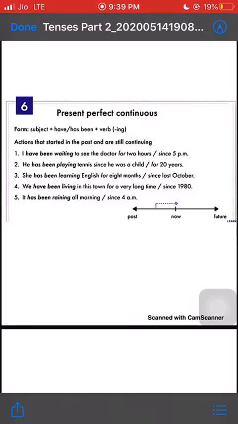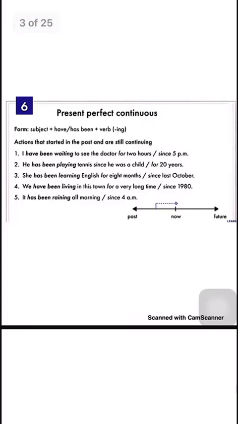So when we have some specific time, हमें एक टाइम पता है मालूम, then we should mention that with since. लगे हमें पता है अक्टूबर से शुरू हुआ था कि she has been learning English for 8 months since last October, कि उसने अक्टूबर में शुरू किया, we are sure about that. But if we are not sure, we are just imagining that around 7-8 months पहले शुरू किया था, then we have to use here for. Okay,